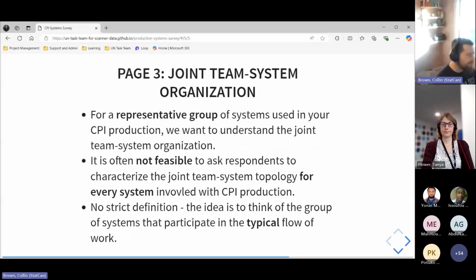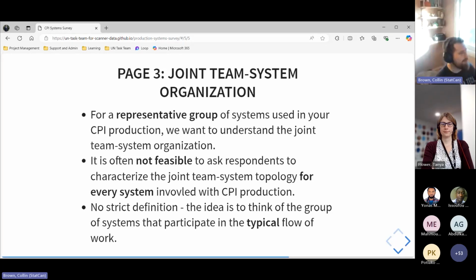Okay, so the third question, this is probably the trickiest of all the questions in the survey. So I'll try to explain what we're trying to learn here, and hopefully it's not too complicated. The first 2 questions kind of looked at each piece in isolation, right? Like, what is the system, systems, and how do they cut across system boundaries on its own? Teams, and how do teams participate in the GSBPM workflow on their own?